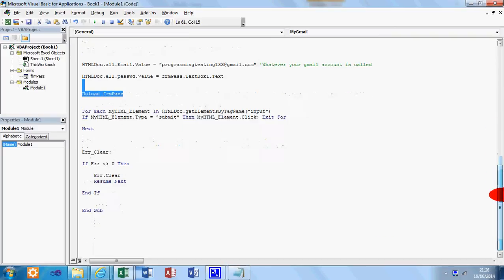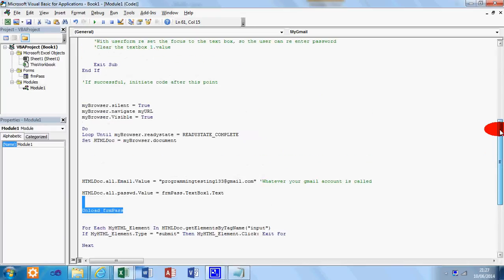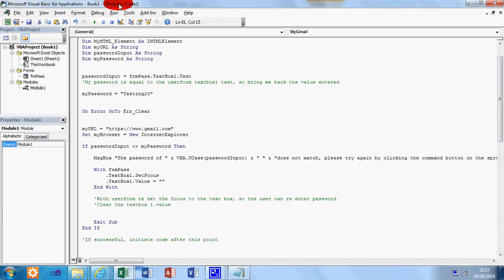Then a couple of last things, it goes for the HTML element from your import and clicks the submit button. So it's basically saying press submit, so press a button for me, and that takes the password into it. So yeah, okay, we'll just run that once more,